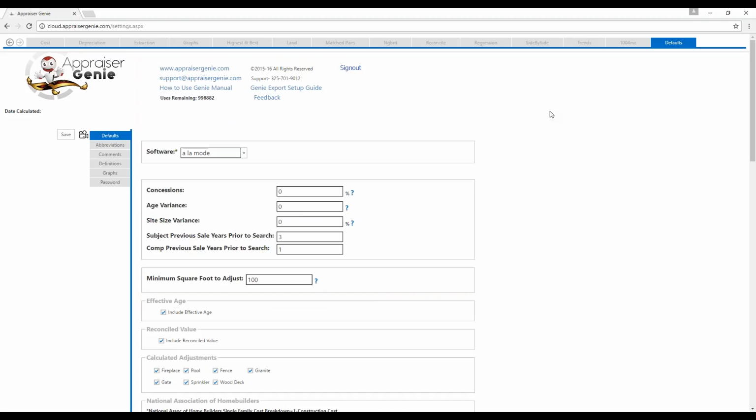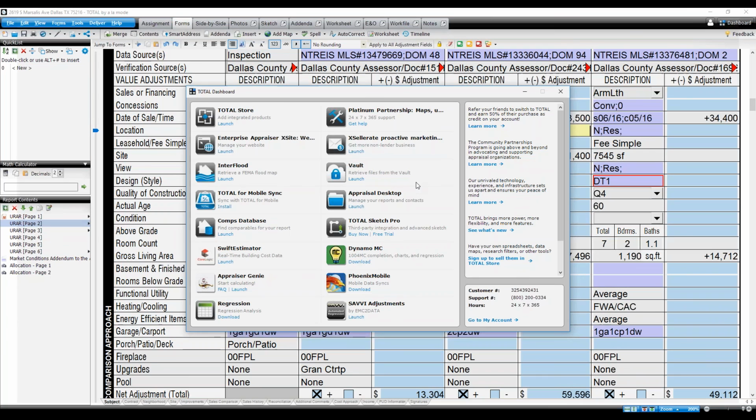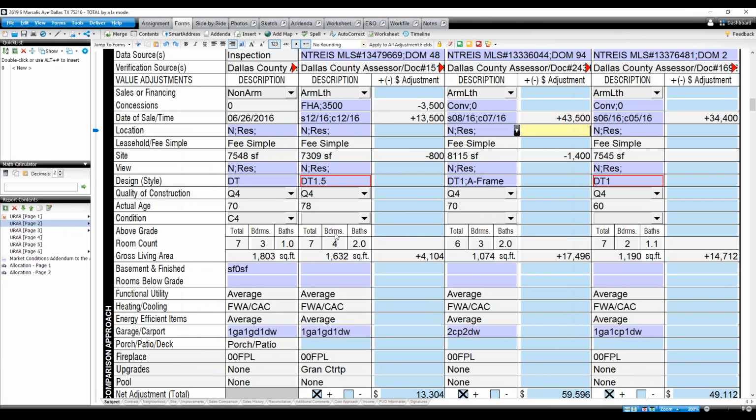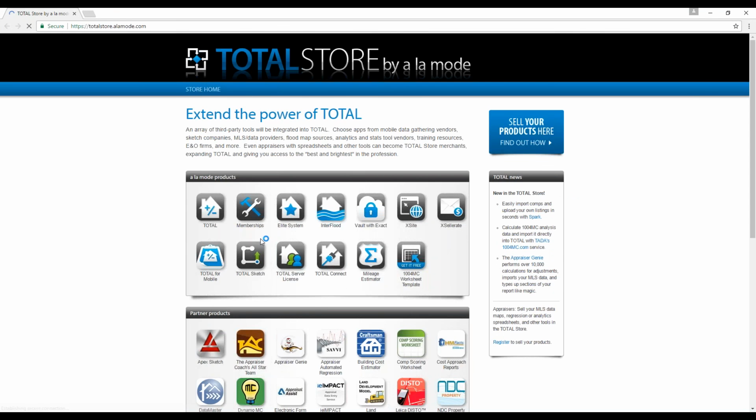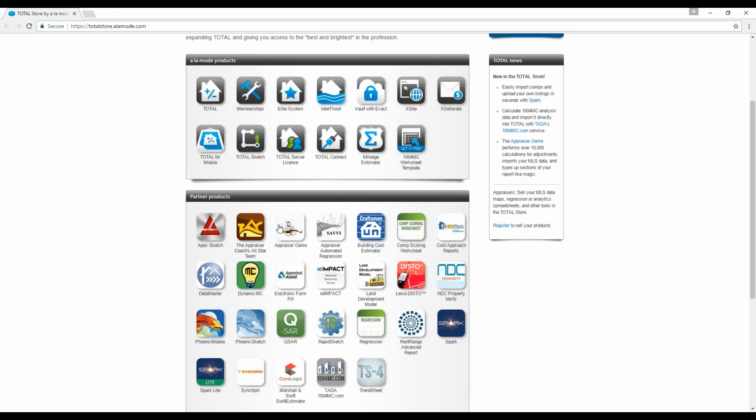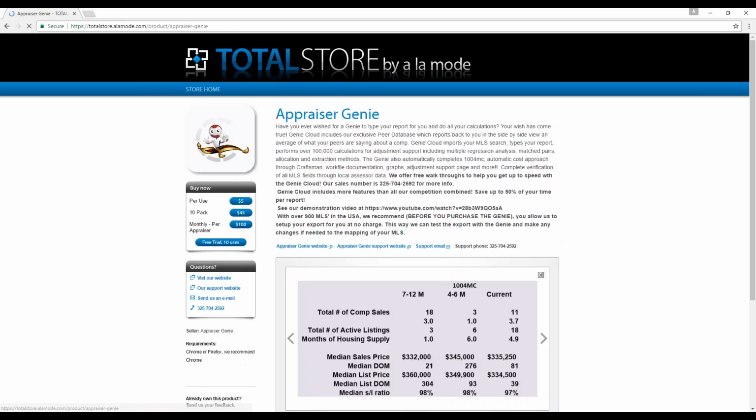Thank you. Okay, could I ask one more? Sure. I've already downloaded Genie, and I'm a total new user, so you say I fill out that basic information, and then I go to the store, and then click on Appraiser Genie, and then take off from there. Is that right? Yeah. So you just click on launch, and we just go back to Appraiser Genie, which should be at the top of the partner products section. And then make sure you click on this if you haven't,